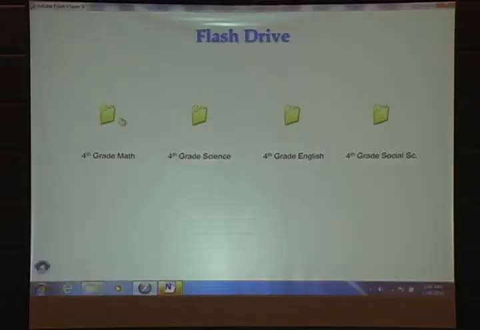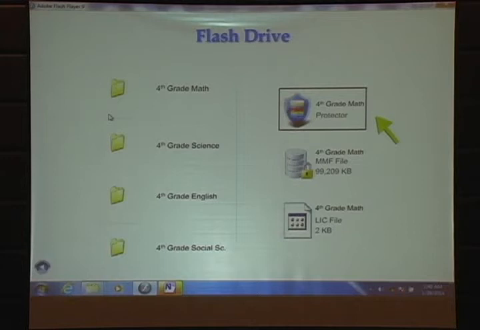These are course folders. If I click on math course folder, you will have 3 files active on your left side. This file has a content locked. This is a flash drive, but it's locked. You can't copy it. It has to stay in the same flash drive.